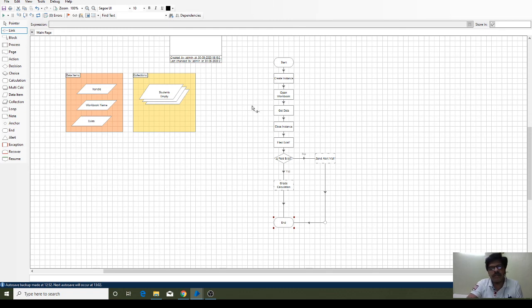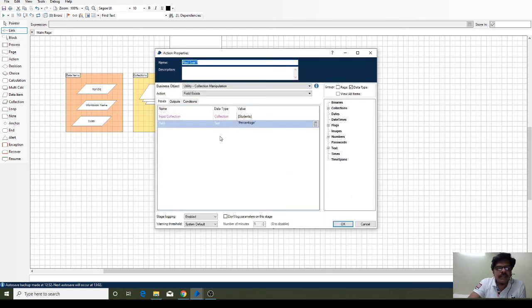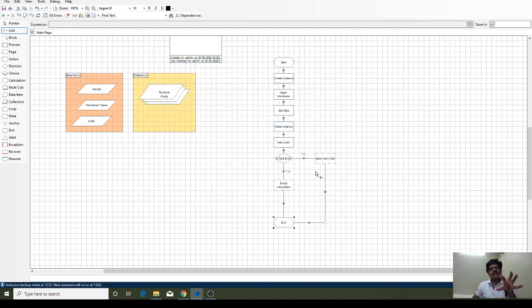For this purpose we use the Field Exists action, available in the Utility - Collection Manipulation object. Using the Field Exists action, we can confirm whether a particular field is available in that business collection. Thank you.